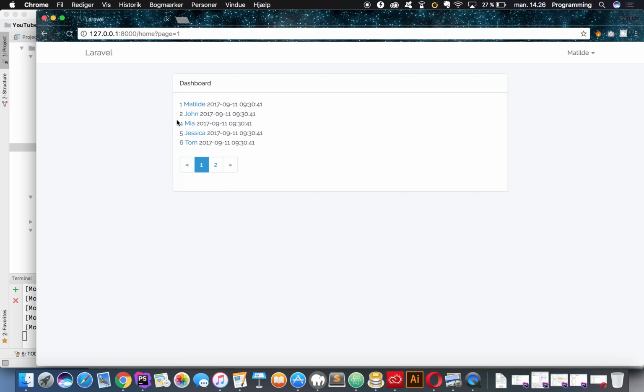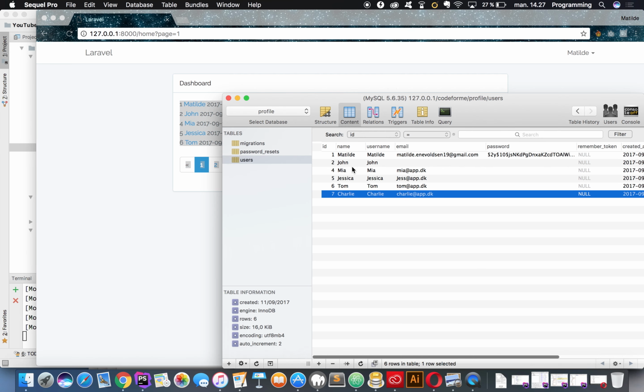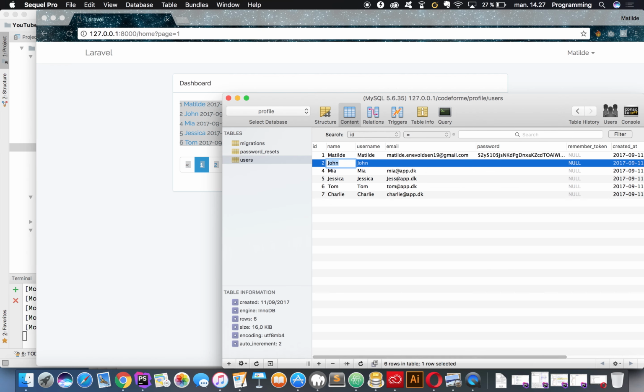Today we're going to make a profile view, and we're also going to display every user on this website in a pagination. So every 6 users there will be a new page for this. This automatically updates, so if we go ahead into our database and change, let's say, the name of the person